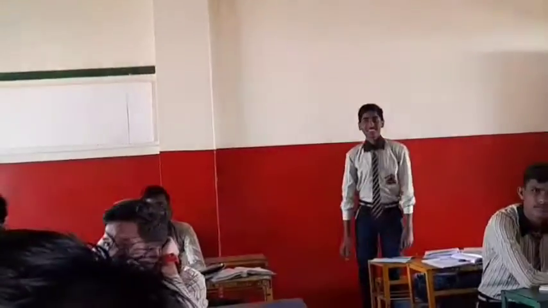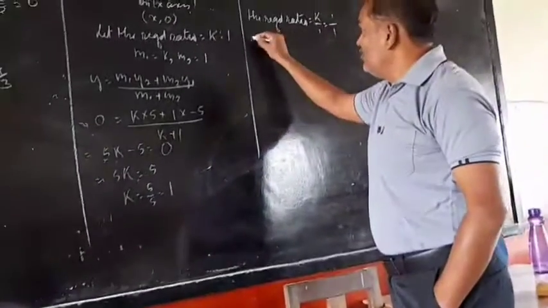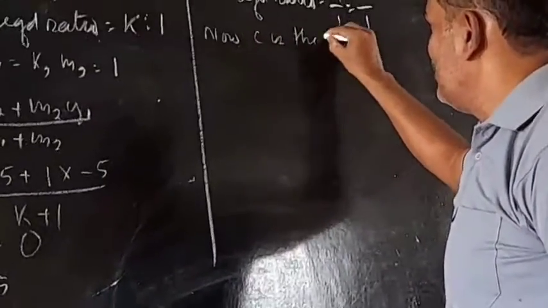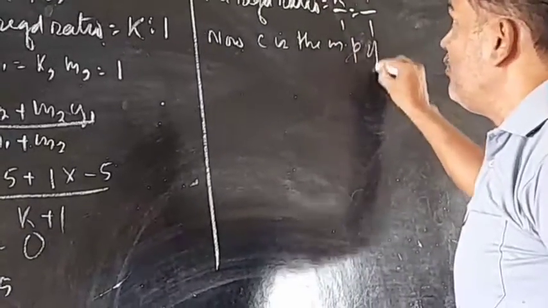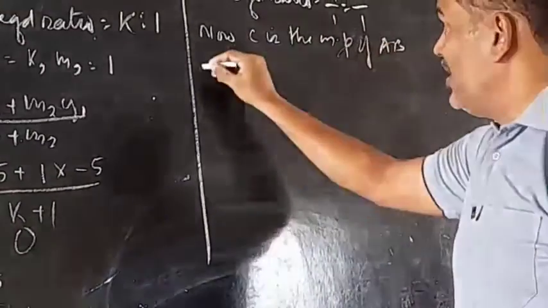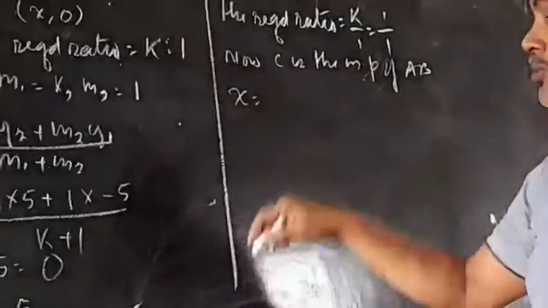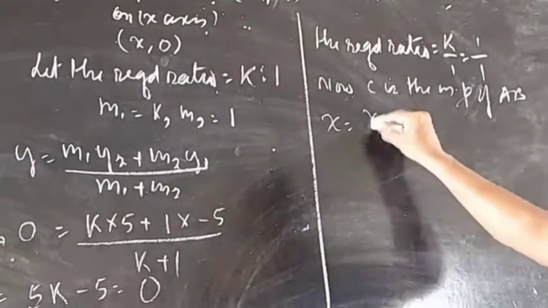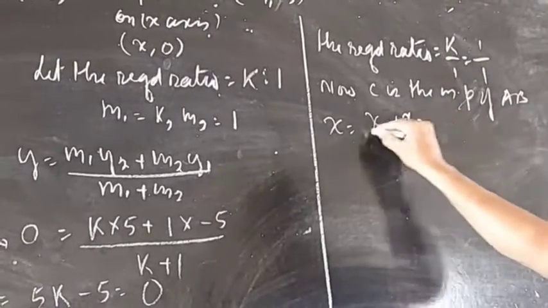What is your name, son? Harshit Kumar. Thank you Harshit. Now what value of x will we find? Now C is the midpoint of AB. So x is equal to x1 plus x2 divided by